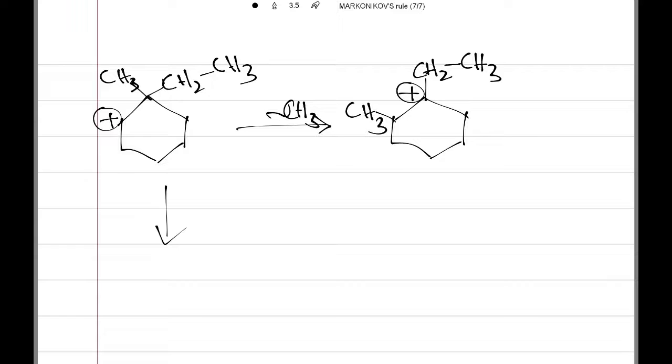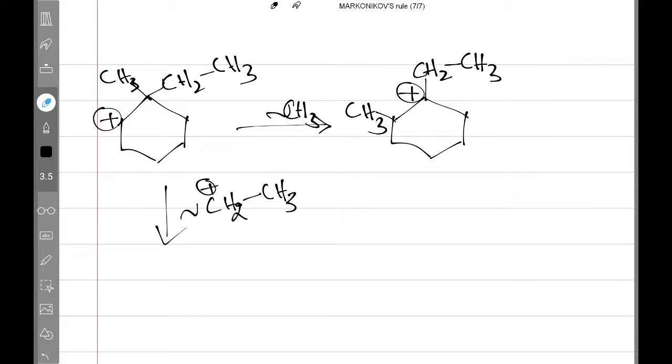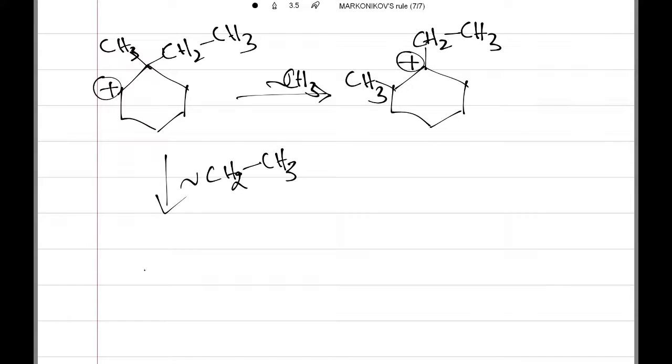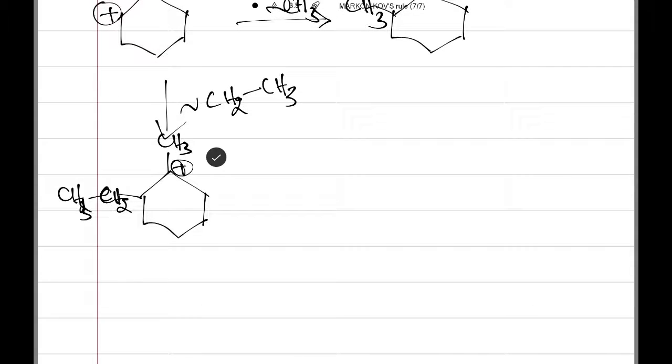And one more thing, if the ethyl group migration takes place, so CH2 and CH3. So not positive, simply you can take ethyl group. Now which is the most stable carbocation we can get? Look at this one: this is CH3 CH2, and this is CH3 with positive charge. In these two, which is the most stable? So I can say this intermediate is the more stable intermediate.